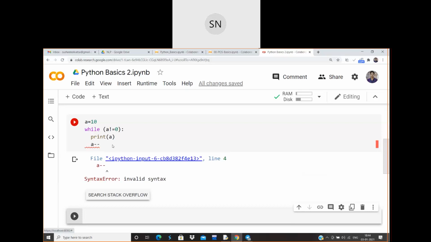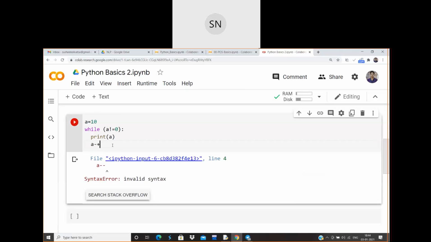You can make use of a plus is equal to 1, or a is equal to a plus 1. Even though it is odd, Python does not support increment or decrement operators. So you have to write the statement in this manner itself.